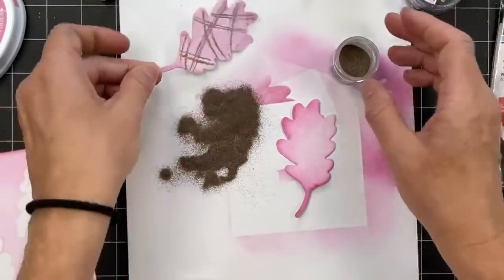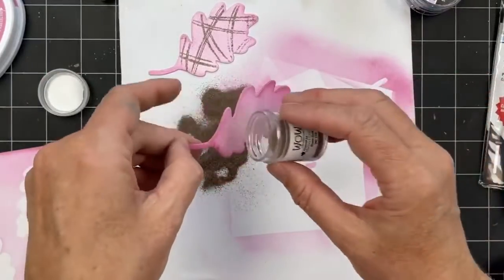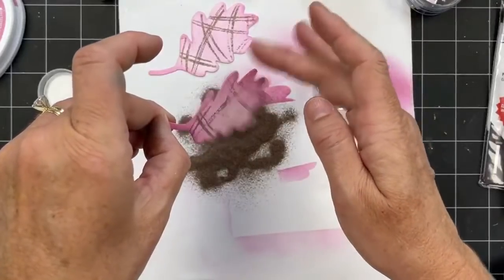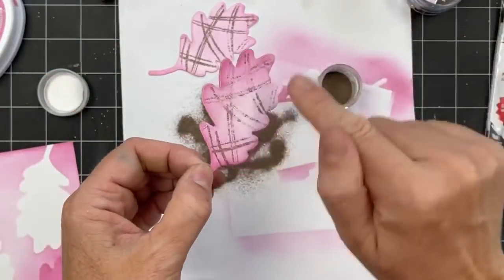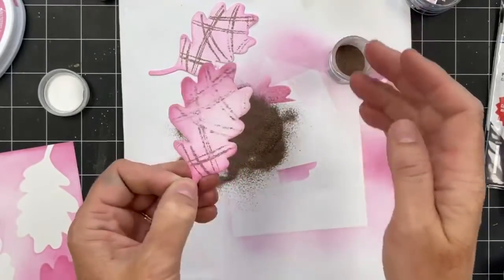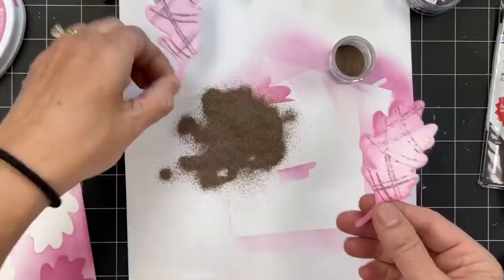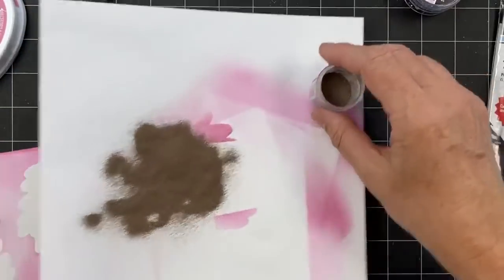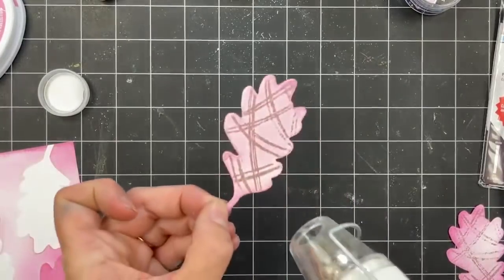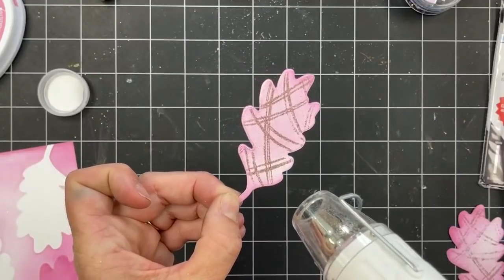You can also always take a little dry paintbrush, if there's just a few areas that you need to get into. And I didn't get my stamp inked up very well for this one, so it's actually not going to be super solid. Do you want to do one more? Because I can cut one more out for you. Let me do this one and see what happens. Or maybe just cut that leaf in half and...